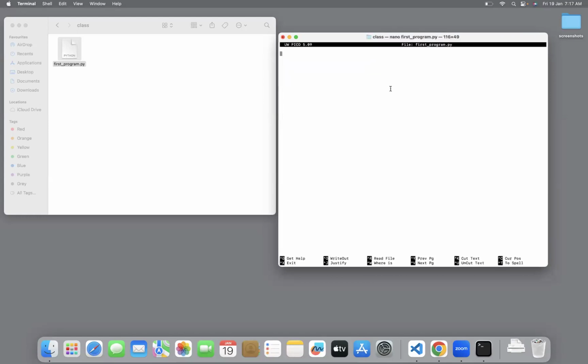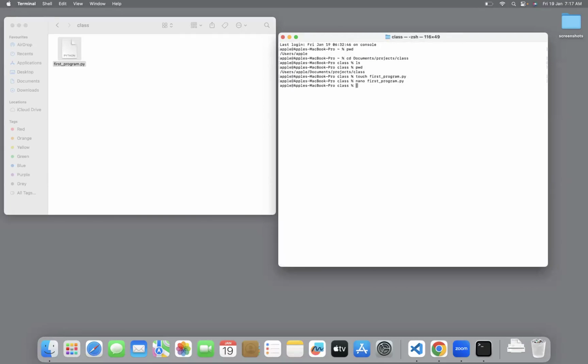Now we have entered the edit mode of the file first program.py. I can simply write a line here and save with Control X, Y.